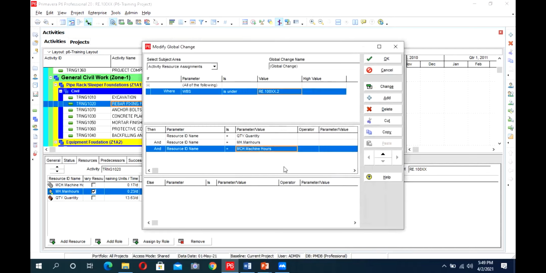So I have defined this formula that if our WBS is this one, then all the activities in it should have these resources. So we can apply the change here.